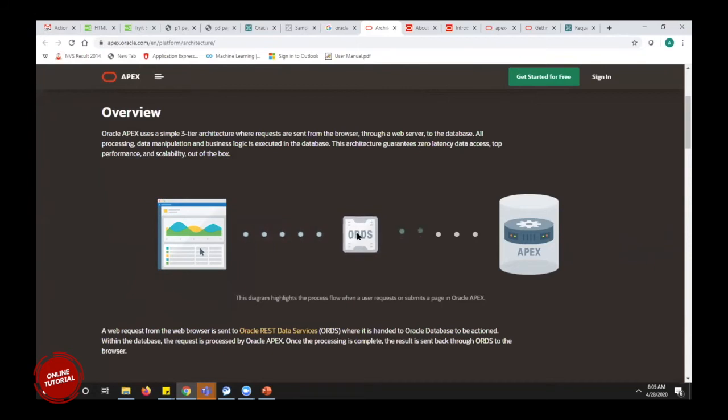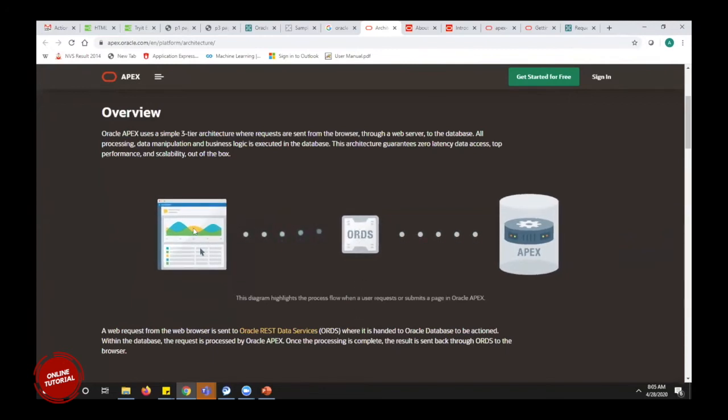Suppose whatever the database we want to incorporate with, as I said, while installing this Oracle Apex, we have to install it on top of the database. So we have the database at the bottom, and then we have ORDS on top. We just give the TNS name of the database, and that interacts with the database.